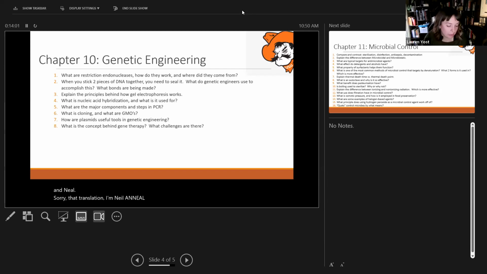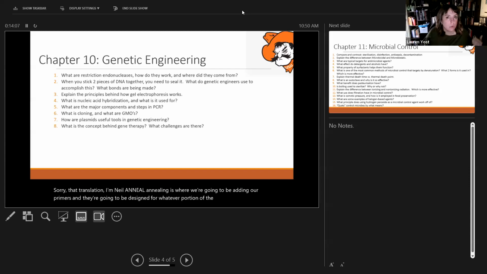Annealing is where we're going to be adding our primers, and they're going to be designed for whatever portion of the DNA that you're more interested in, because you don't want to wait for the entire genome to get copied. So you're going to copy the area that represents that there's E. coli here, because this gene is found in E. coli, right? So you add your little primers that are indicative of whatever you're looking for, and cool it down